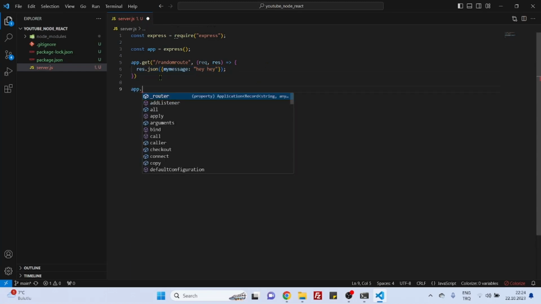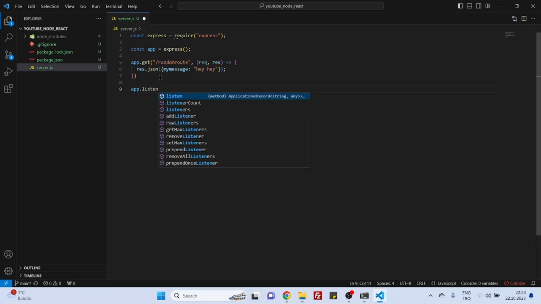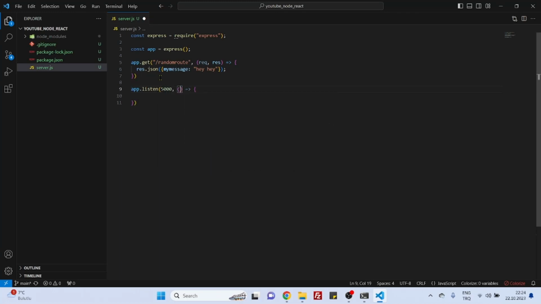So you can just say app.listen, and we will listen to port 5000, and we can add a function, and here let's log something so that we can understand the server is running. So that's it. Now our server.js file is finished. Let's now close this,